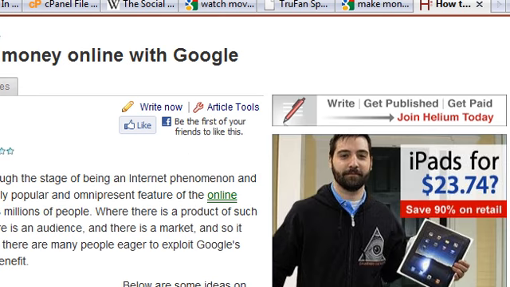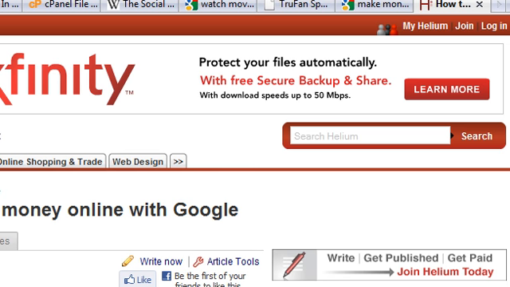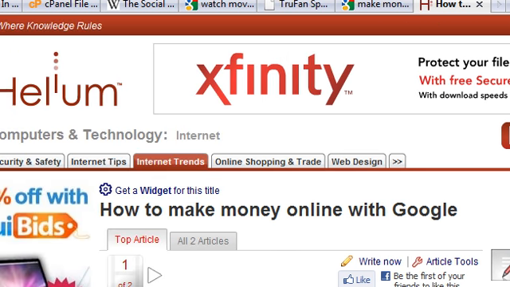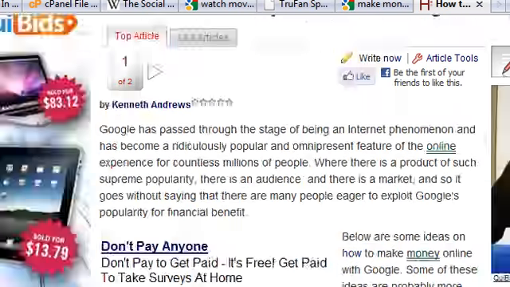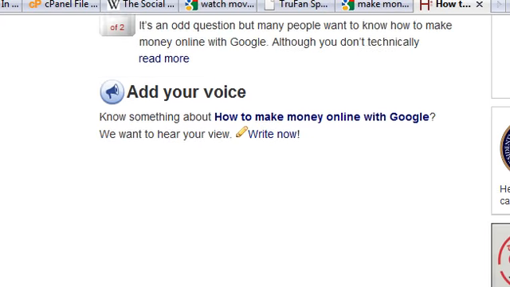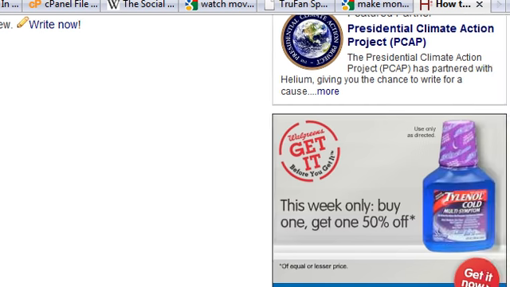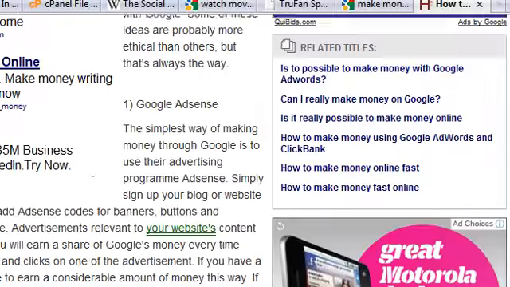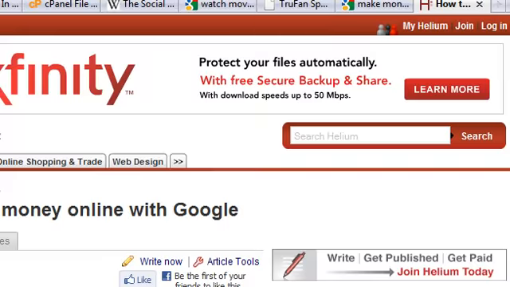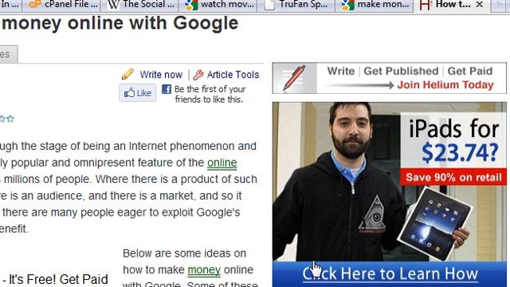Now, what I think this guy dropped the ball in is he really doesn't have any great, blatant way to capture your email address so that he can market to you again and again. Anytime you send traffic to a page, always make sure you have a way to capture their email address. Normally it's on the top right side of the page.